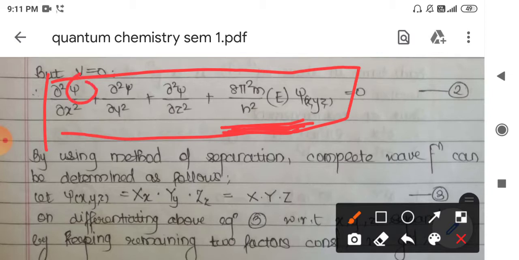The wave function, this psi. In the previous lecture I told you that this wave function is capital Psi, which is the combination of all three components. We have seen that psi is a function of x and t for one dimension if we are considering the time dependent equation. But for the time independent equation psi is a function of only x. And here in three dimensions the capital Psi is a function of x, y and z.